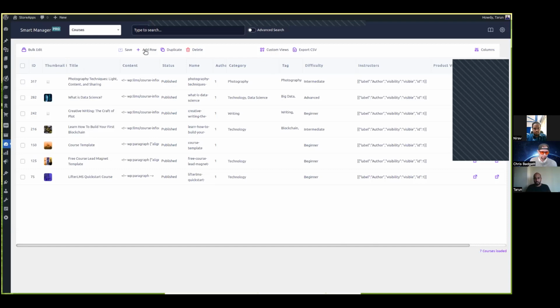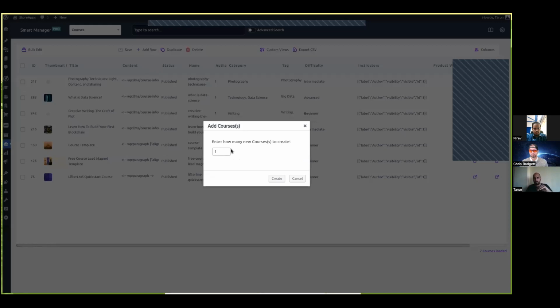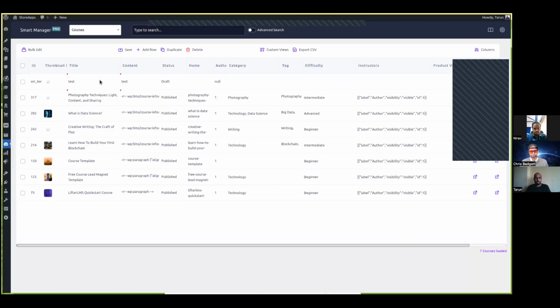So what I'll do is, if you want to add a course using Smart Manager, okay, now it's not as detailed as what LifterLMS gives you from beneath, but it's kind of an overview level wherein it will ask how many courses you want to create. You can specify the number of courses. Let's say if I create just one course, it will automatically add an entry here. What I'll do is I'll just add a name to the course. Let's say it's a test course that I've just created, and the status will be draft.